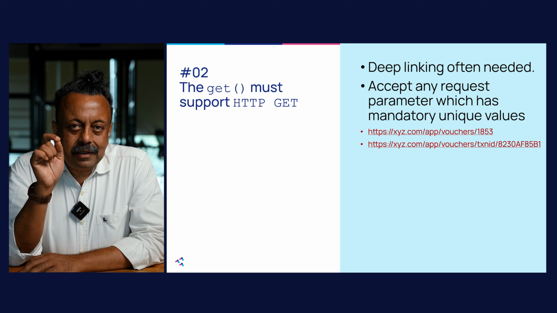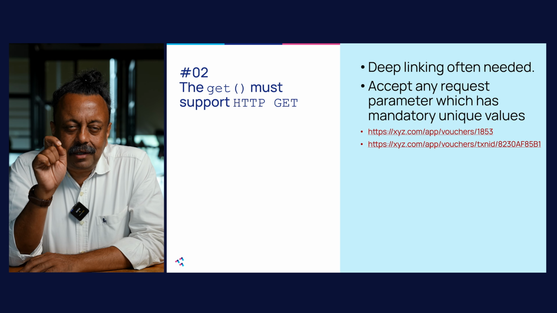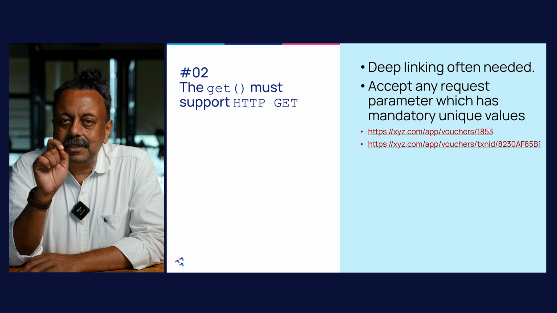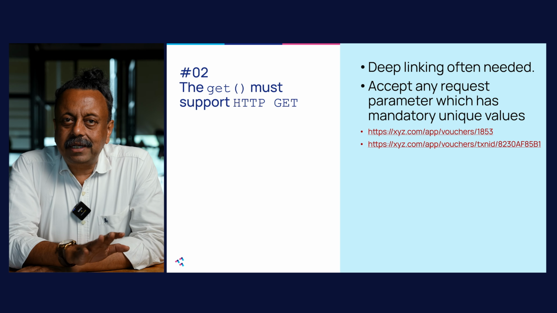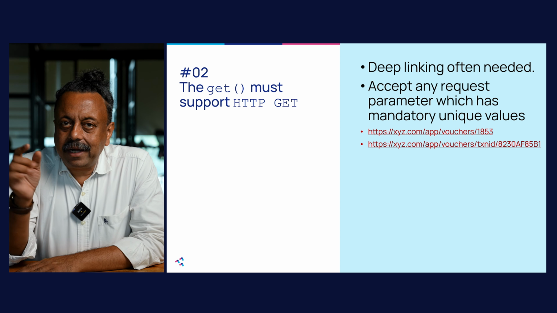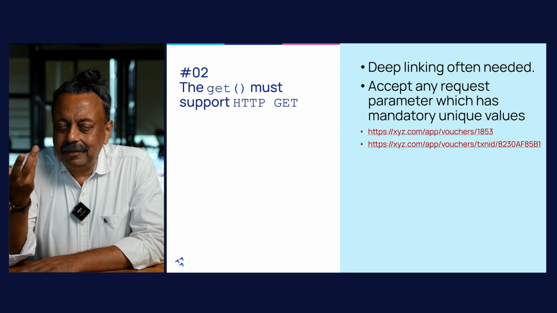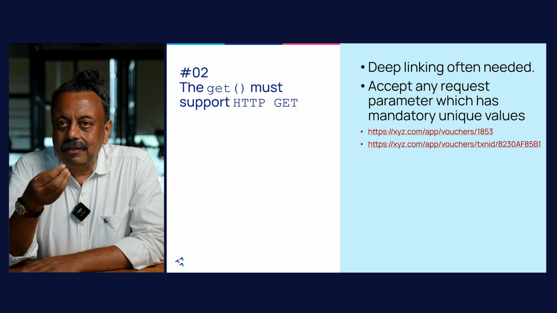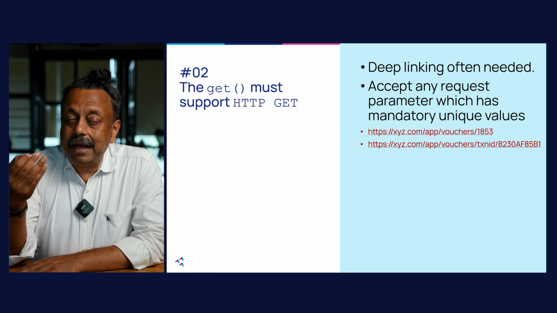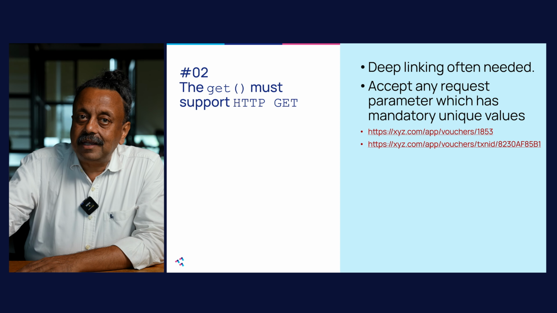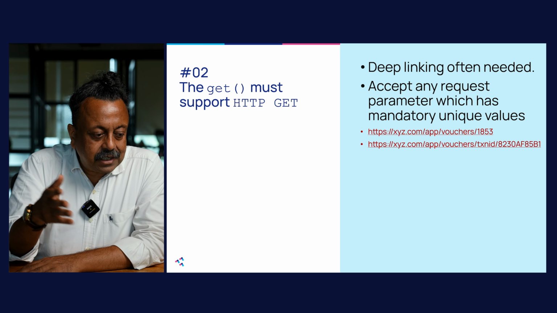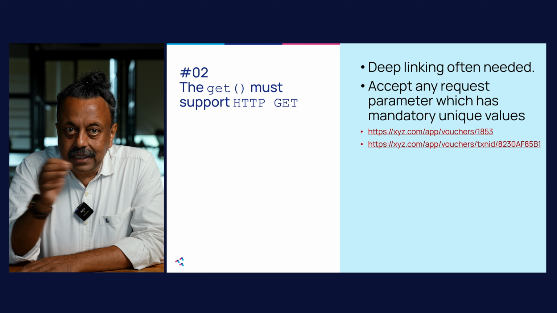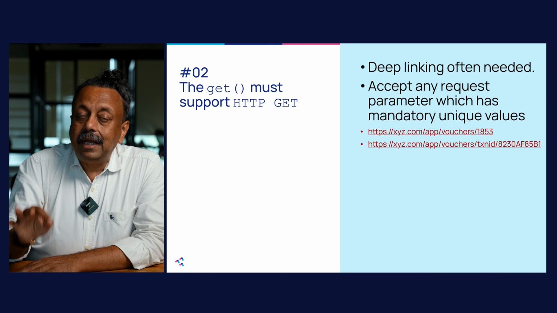The interesting point that I would like to add here, which is sometimes forgotten, is that the GET call should also support HTTP GET, not just HTTP POST, so that the ID and other unique identifier value can be passed in the URL itself. So if you look at this example, /app/voucher/1853. So this is a clickable URL. It doesn't need